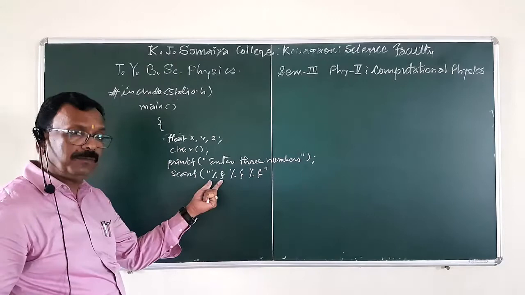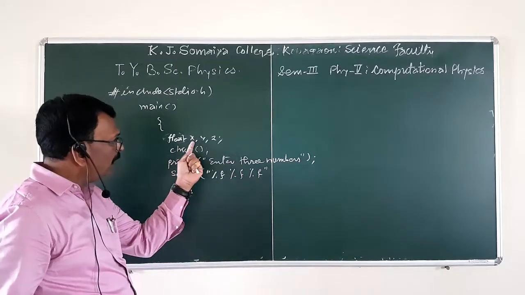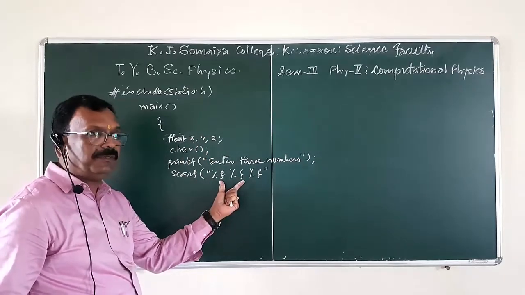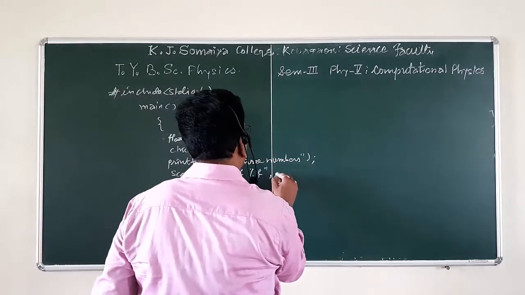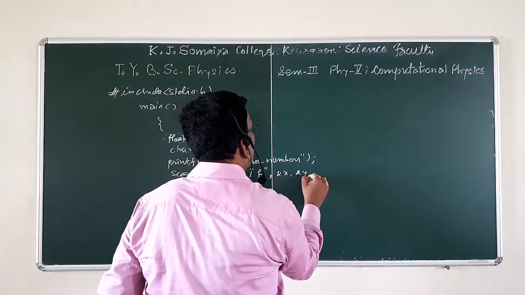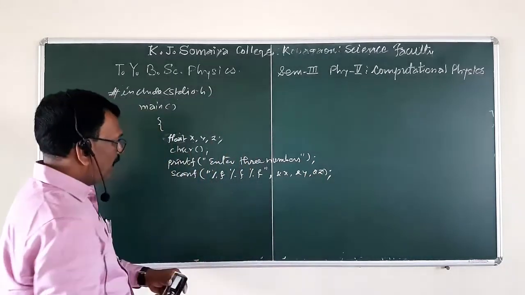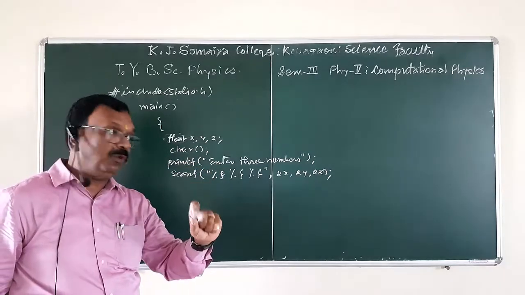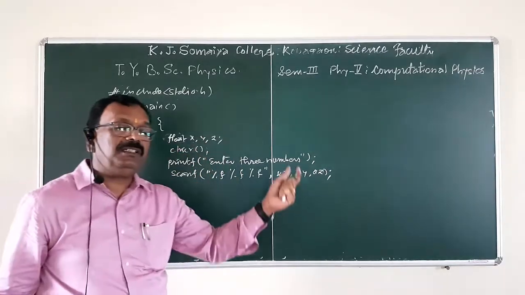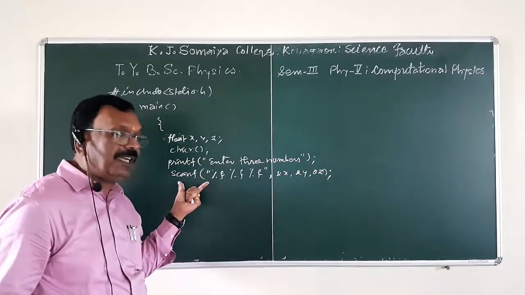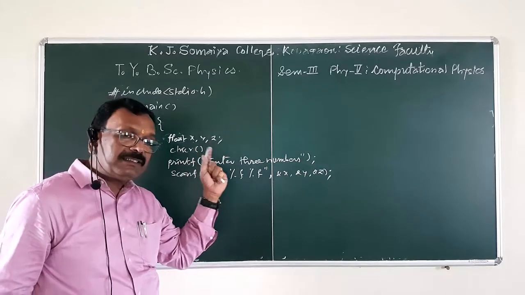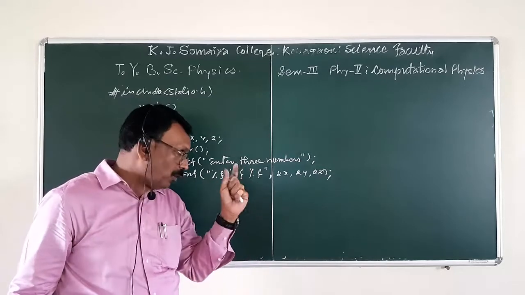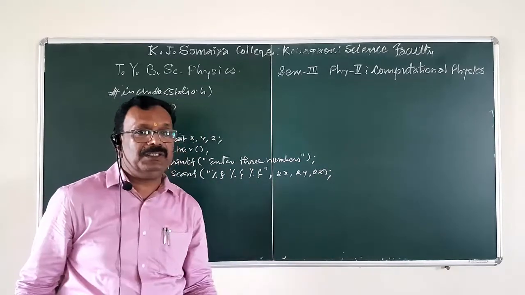There are 3 control strings, %f, %f, %f, one for every float variable. There are 3 float variables, and hence we use 3 specifiers. Okay, now &x, &y, &z. All these 3 numbers supplied by the user through the keyboard are stored in specific memory locations, and with the help of this statement, the computer reads the numbers supplied by the user which are placed in those memory locations. For this purpose, these address operators are used.